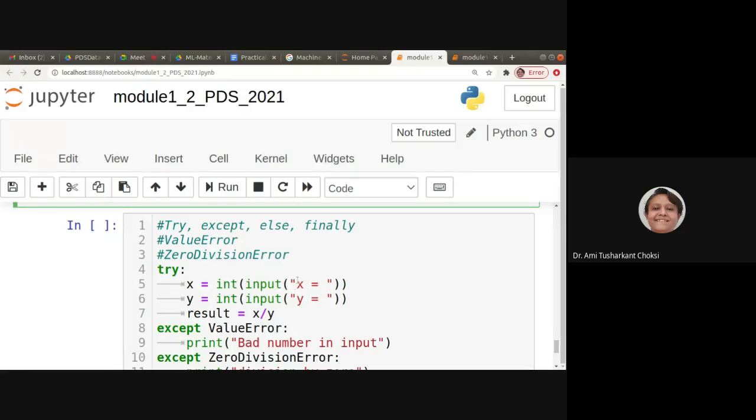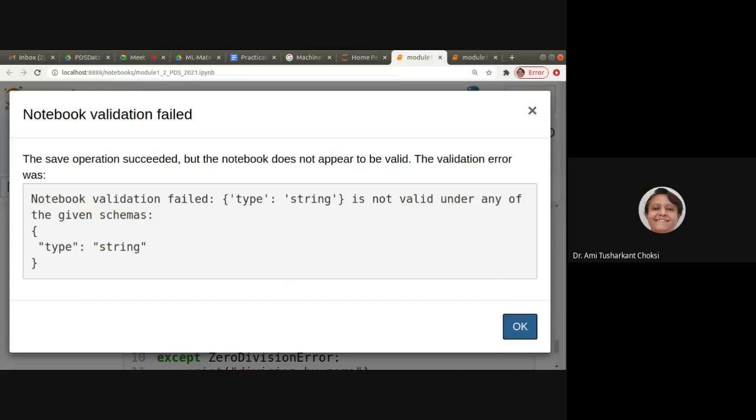Now we want to combine try, except, else, and finally, all the things we want to include in one file and learn them. Try is where we write the code which can generate the exception. Except is the code where we deal with the exception.